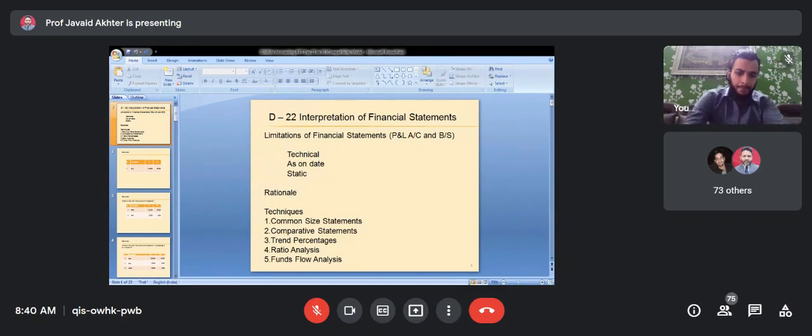Then we can have the ratios. We can calculate ratios: A versus B or B versus C, or A is to B, B is to C. What is A, what is B? Both figures have to be relevant to each other. For example,